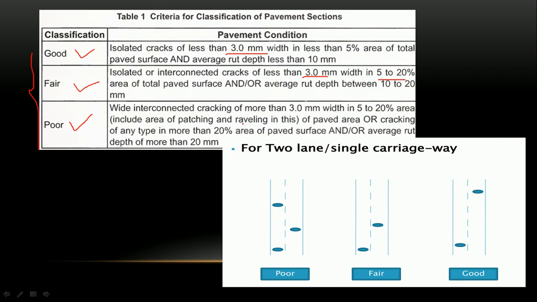So based on the condition of the road, we need to decide the points at which we need to find out the deflections. If it is a poor condition, then we have to take the readings at very short intervals along the zigzag path. If it is a 2-lane road, the interval at which we need to conduct the test is very short. And if it is in good condition, then the interval is more.